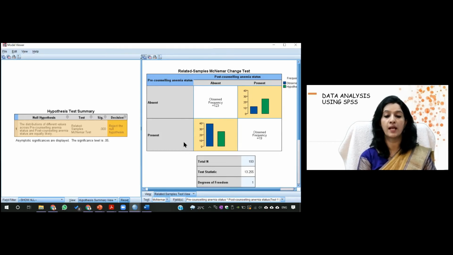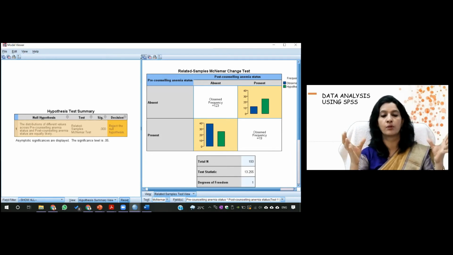So the row tells you about the pre-counseling, right? You can see here, this pre-counseling is still here. So please focus on that row, because this 2 by 2 table is a little confusing.